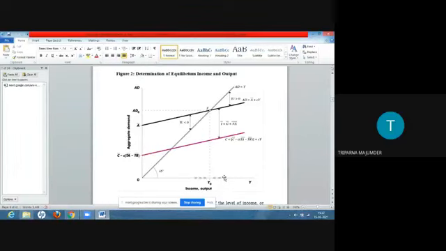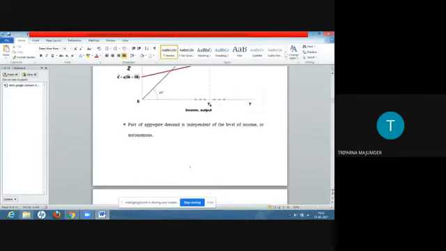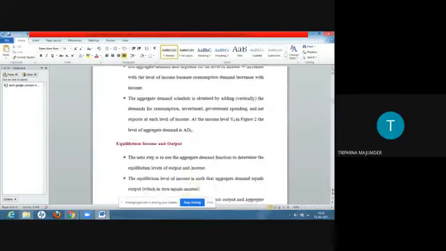On the other hand, if we keep c constant, that is the slope constant, and we increase A bar, this aggregate demand curve will shift parallelly upward. This implies that we will get an equilibrium income which is higher. So given A bar, if we have a higher c, or given c, if we have a higher A bar, we will have a higher level of equilibrium income.